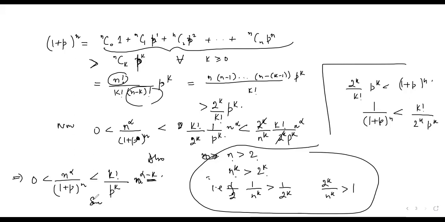Now since alpha minus k is negative, because alpha would be less than k for some integer k, that would imply that, because my n is getting very large, k can take any value, k is less than or equal to n, k is one of the values. So alpha minus k will be negative for large values of n. So that means this number, we have done before that n, so therefore n raised to power alpha minus k would approach 0